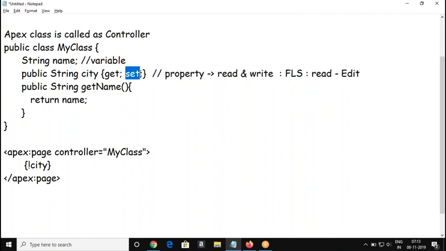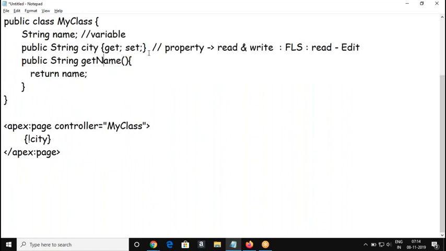It means to assign a value, to write some value, and the Visualforce page can also get the value from the Apex controller. It can also be readable. The city is readable. The city value field is writable. Are people able to follow this? So a property is nothing but a variable with the keyword get set, to enable the variable as a readable and writable variable from the Visualforce page.